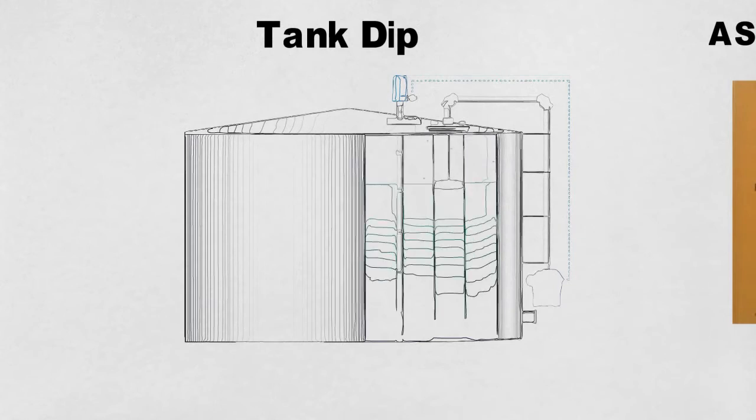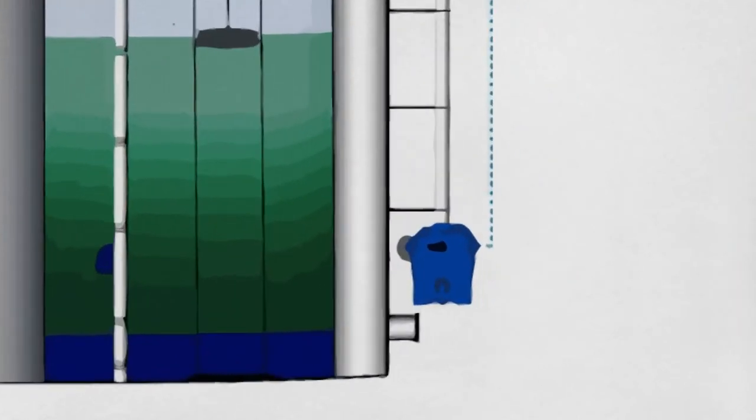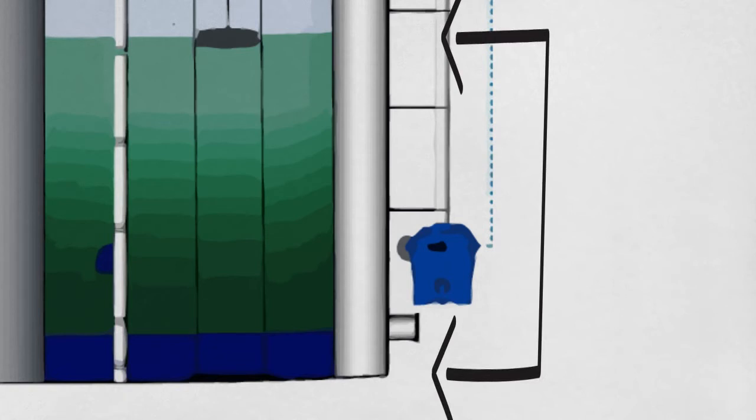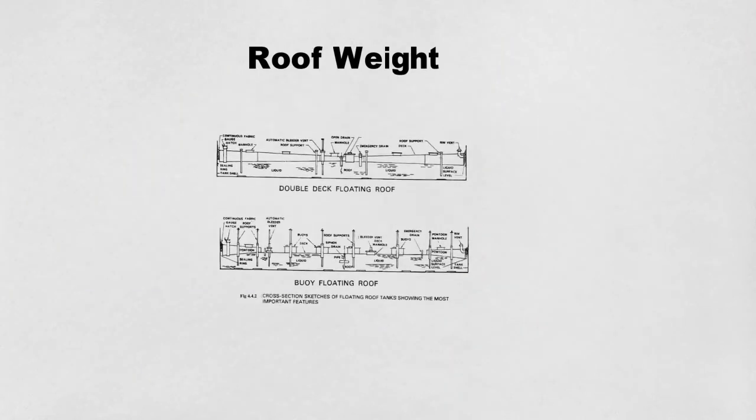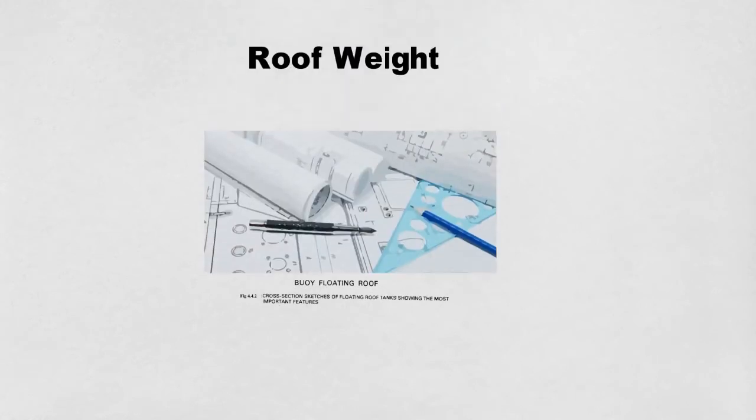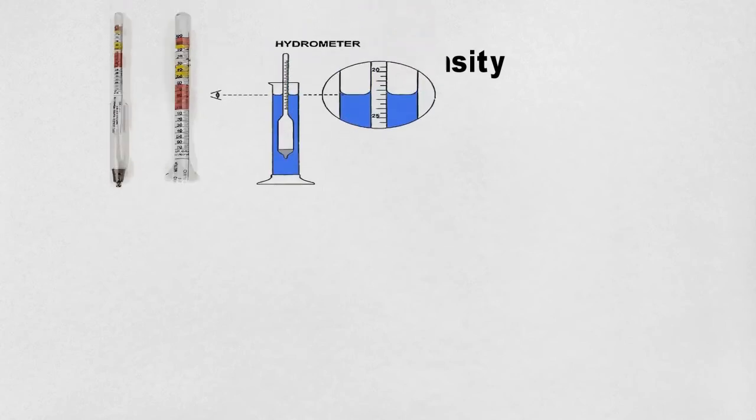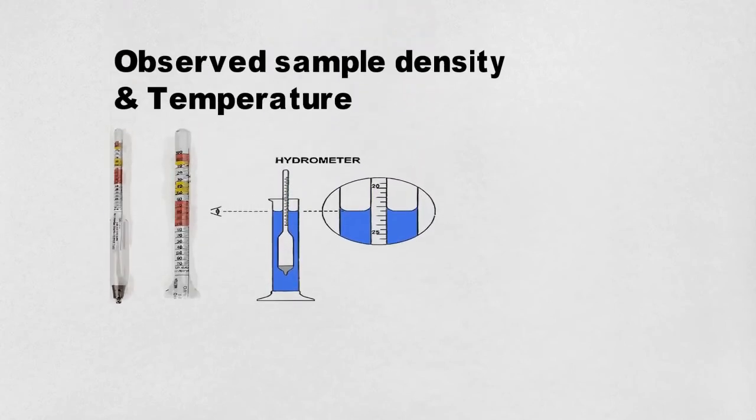So initially, when you are starting to do the stock loss calculation, you will have the dip of the tank, from which you can calculate the current quantity stored in the tank. You will have the water dip, if a water bottom is maintained. You will have the roof weight, or you can get it from the design manual or the construction drawing. Then you will have to know the sample density and the CCT or temperature of the product in the tank. So you will have to measure it beforehand.